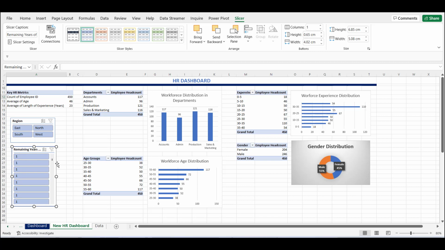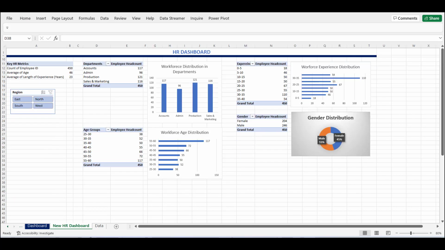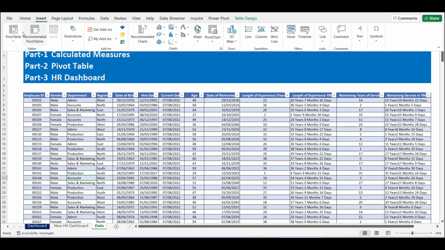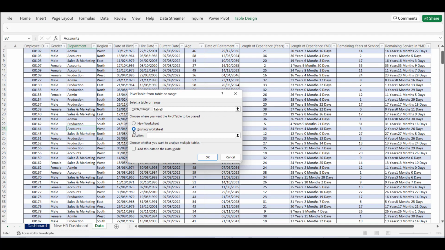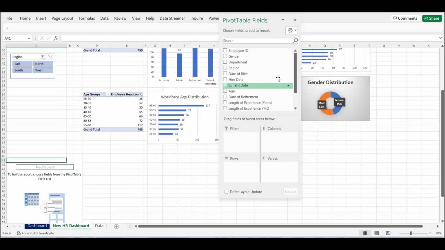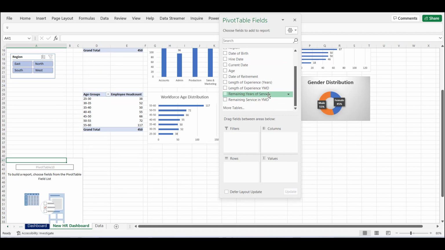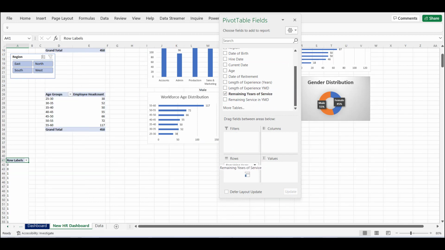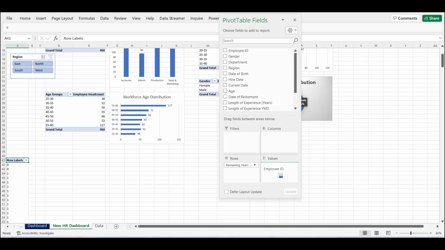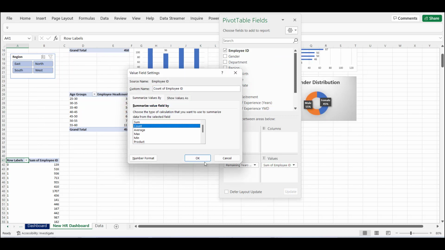But this is something that I don't find the information meaningful, and for this I will have to create groups of employees. So for this I will first of all create a pivot table. Let's go to Data and click on Insert PivotTable, click existing worksheet, click OK, click here and then click OK. Right here I will drag this field, the remaining years of service, to the row area, and then I will use this employee ID for the number of employees. So again go to the value field settings to find the count, and this is how you find the number